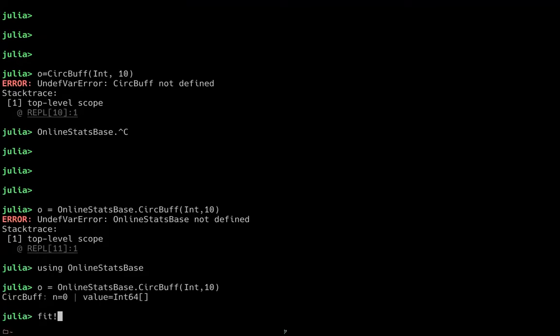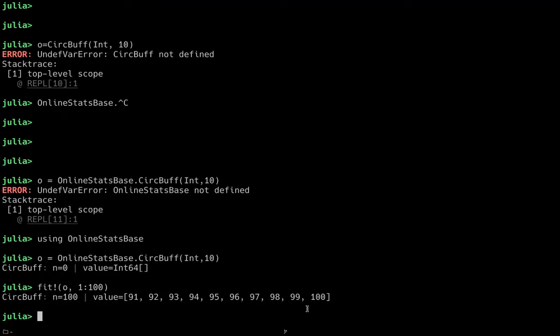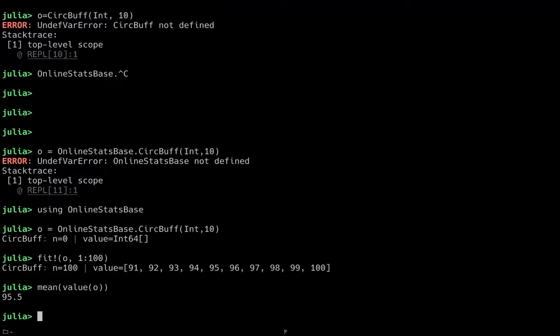Okay, there we go. So say I fit this thing on 1 to 100. You can see that it's only calculating the last window. So while it doesn't exactly calculate a statistic on a moving window, it helps you at least monitor that moving window pretty easily, and then you can apply whatever function you want to it. If you're calculating